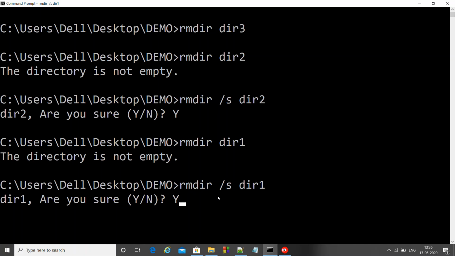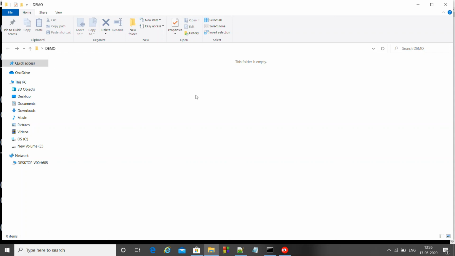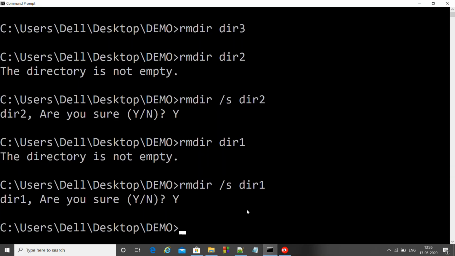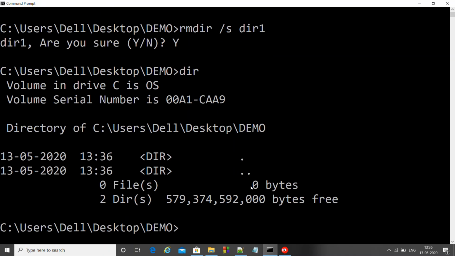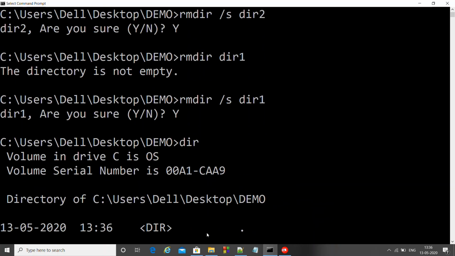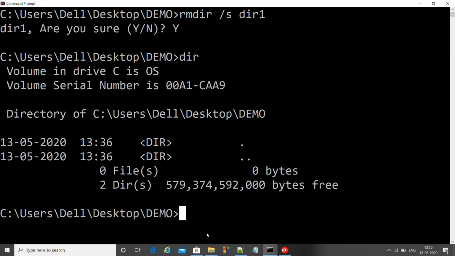If you put y, then see, it has been deleted from the demo directory here. If we list the directories here, there will be none. It means we have deleted all the directories using the command rmdir. Use rmdir only if the directory is empty. If it is not empty, use /s as the argument.